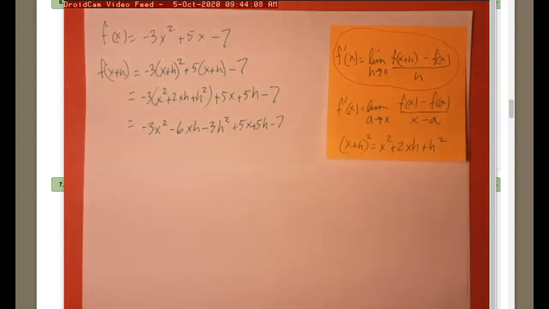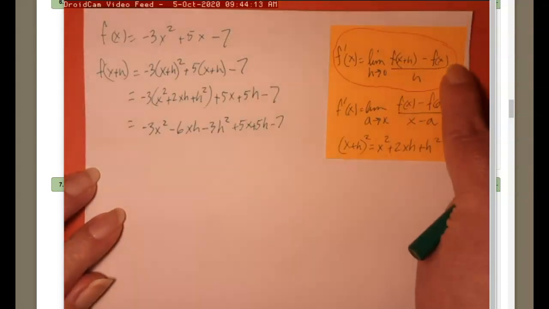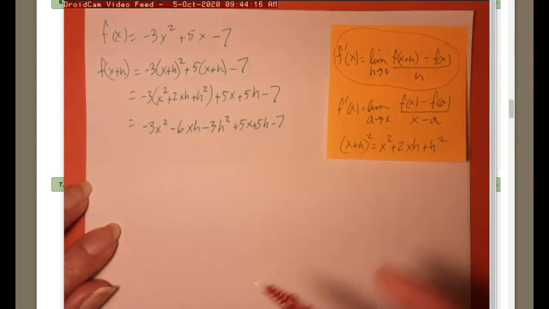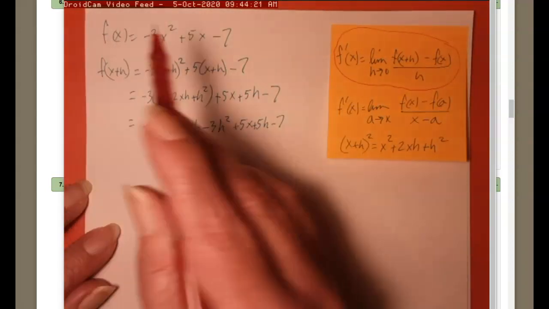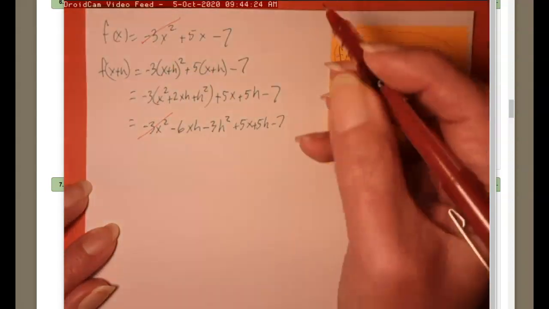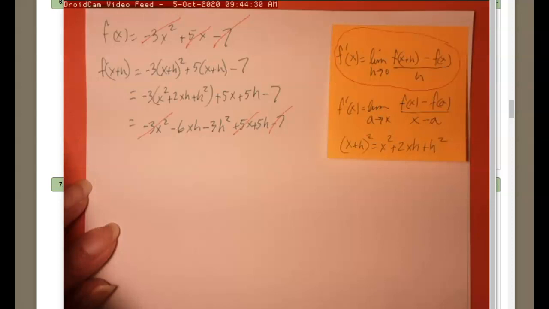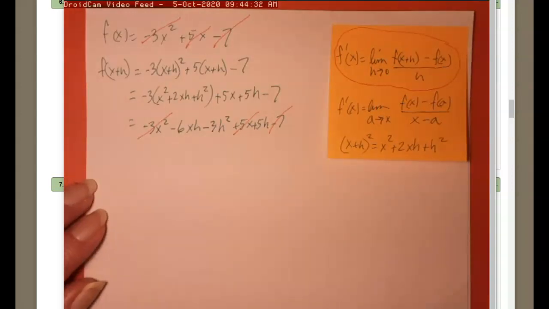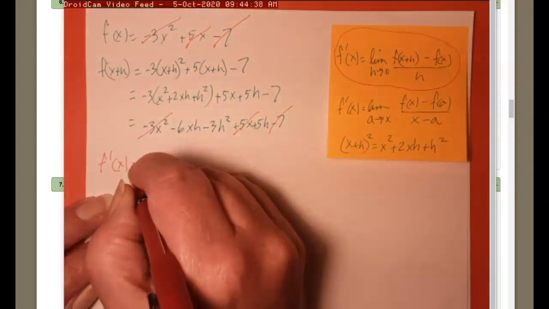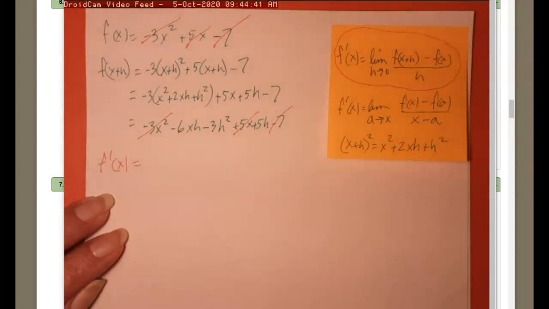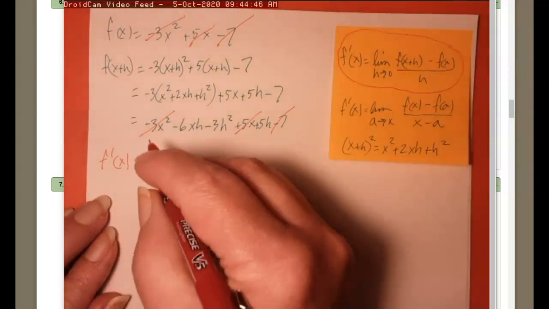It only takes a few minutes to write down. It's not too difficult. Now I could take both of these and put them in my formula like this, but I think instead this time I'm going to just get rid of what I need to. I'm taking f of x plus h minus f of x, so this part's going away, this part's going away, and this part's going away. I will ask you to do one of these on the test, so be prepared to do it. So what I'm going to write down is f prime of x. I do need you to write that. You need the symbol there, equals. I'm going to ask you to find the derivative using the limit definition of the derivative. That's how it'll be stated. f prime of x will be equal to